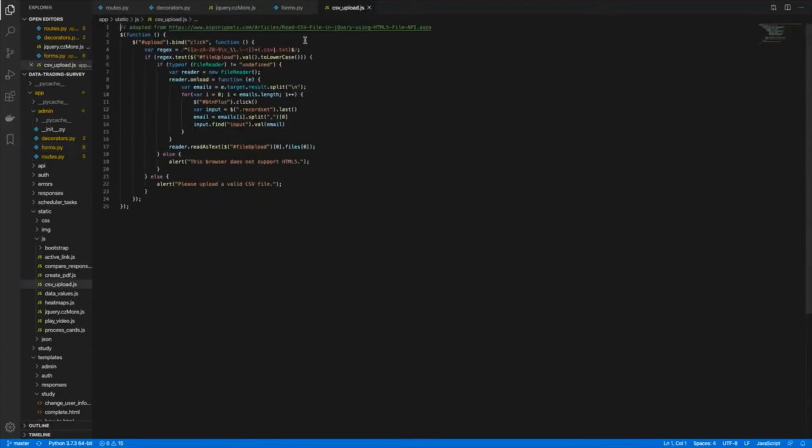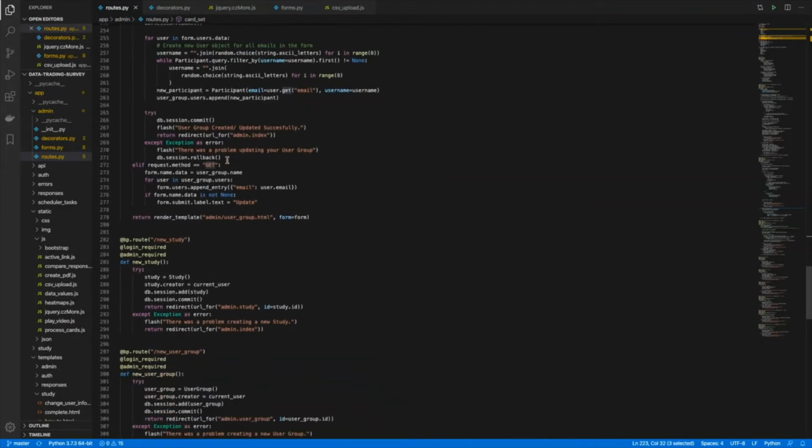So also as a nice to have feature here, there's also another JavaScript file which allowed you to upload a CSV file, and for each email in a CSV file would use the czmore plugin to duplicate the subform in the user group form, and then enter the email into the value of the input field that was created.